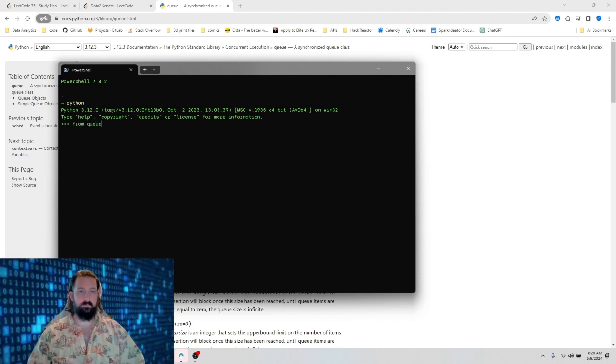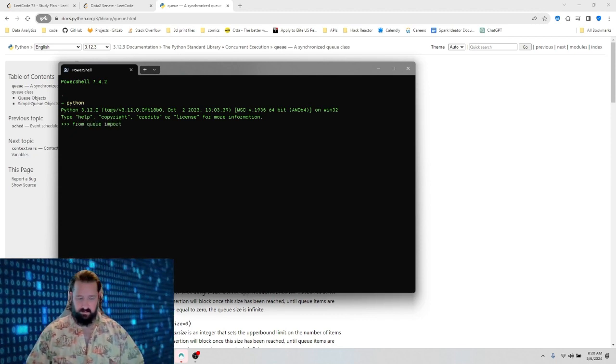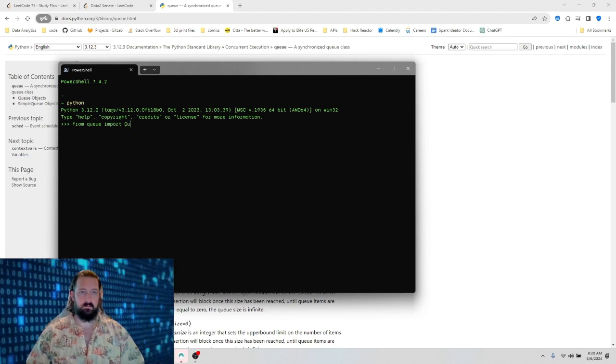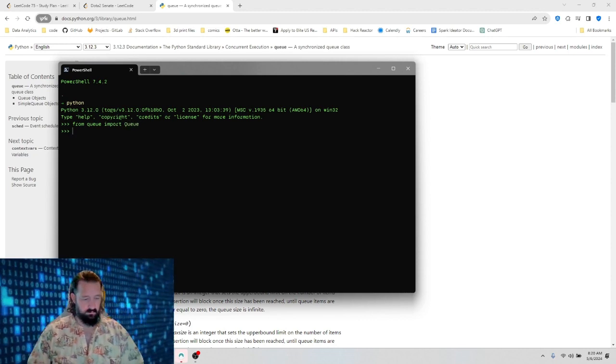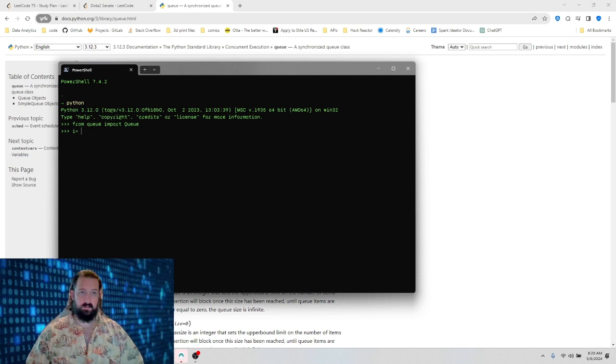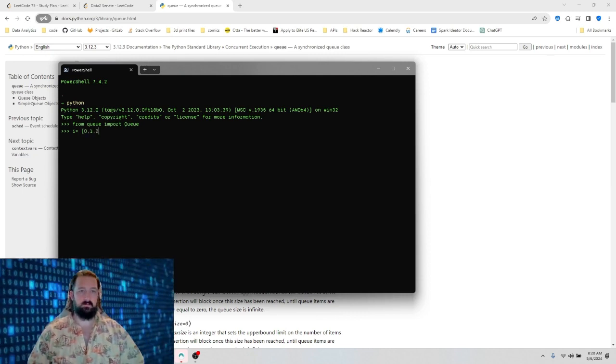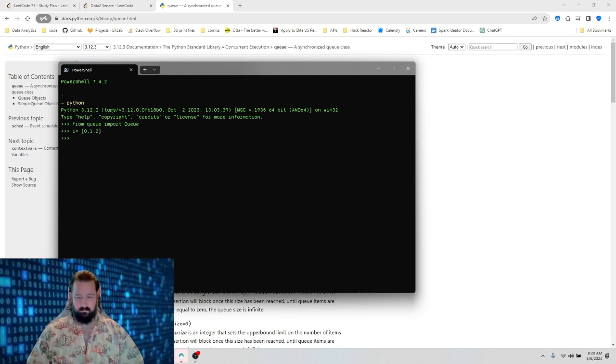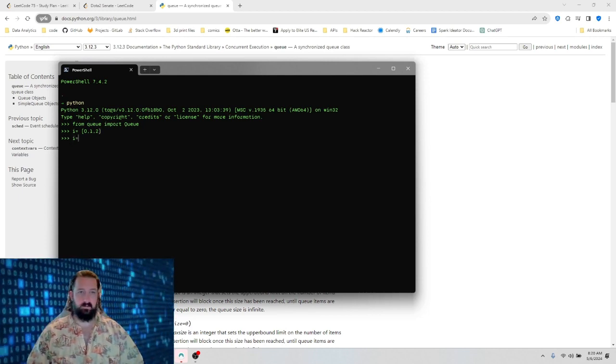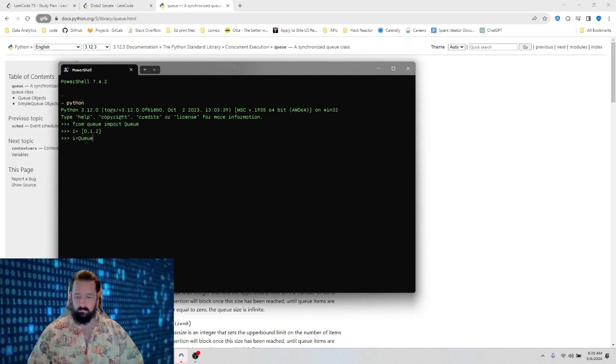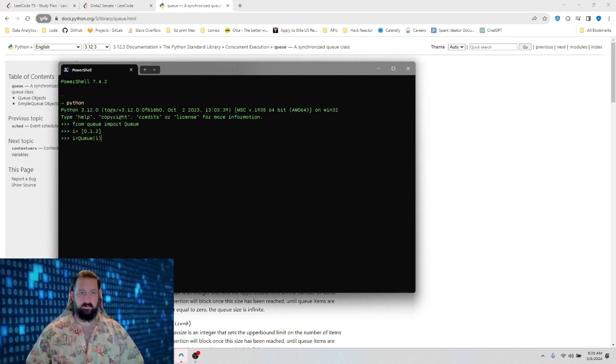From queue import Queue, and then let's go i equals 1, 2, and then q equals Q of i.